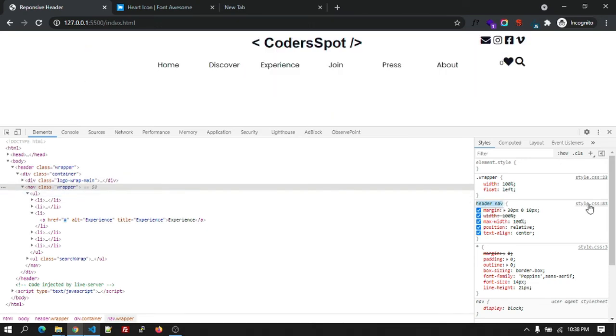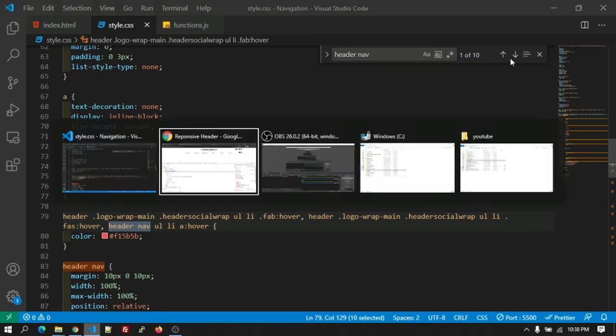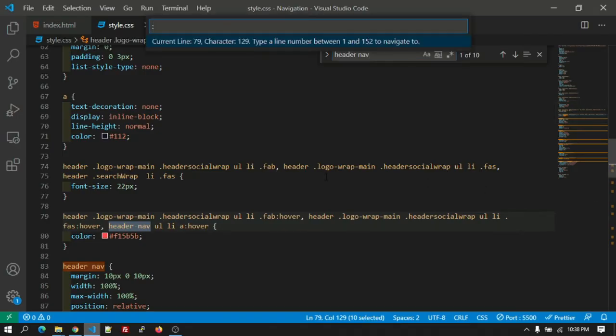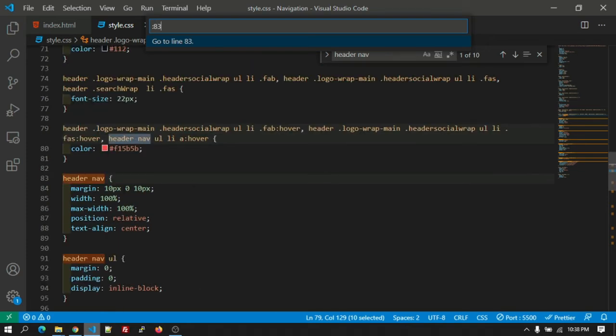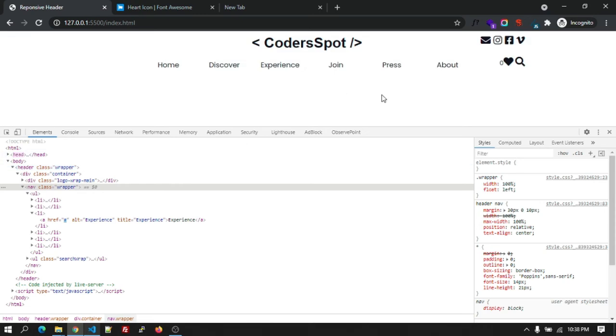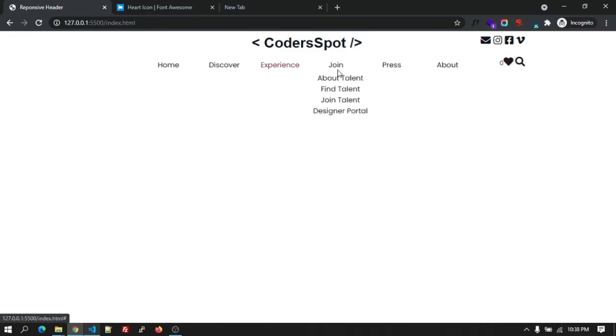So let's copy that and go find that. You can also see here the line number, actually 83. Let's go to line number 83 and change it to 30 pixel. So let's refresh it. It's looking much better right now. Okay.